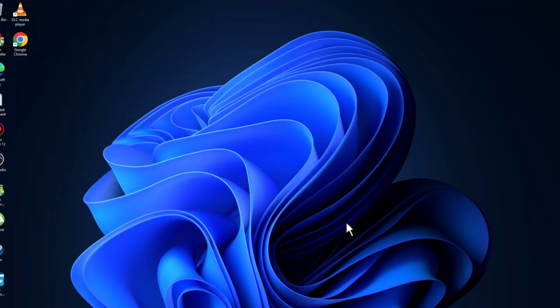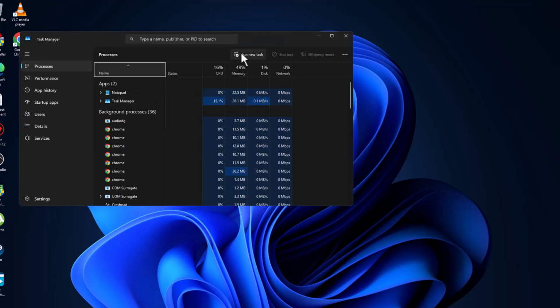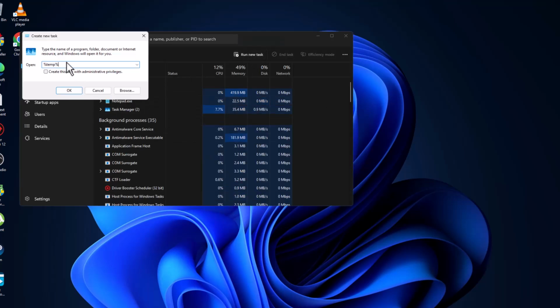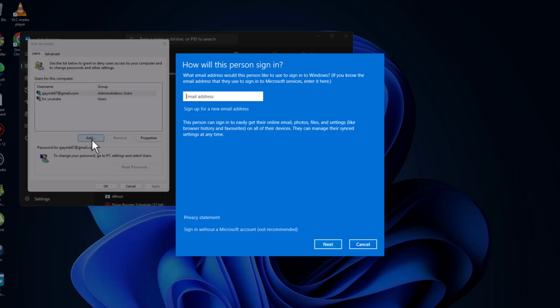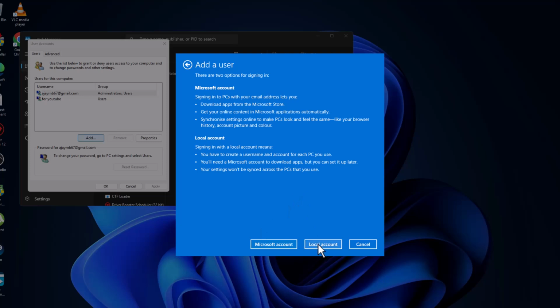If this method doesn't fix your problem, method 3, you just need to create a new user account. To do this, press Ctrl Shift plus Escape key together to open up Task Manager. Select Run New Task option and in here type NETPLWIZ and click on OK and select the Add option and select Sign in without a Microsoft account and select here